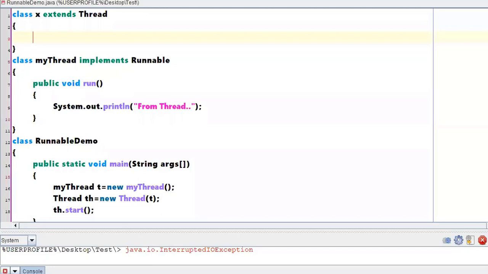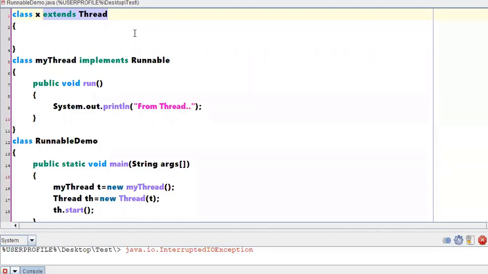Right. So till now, no confusions. Now, if my requirement is slightly different, in the sense I don't want this class X to extend the Thread class, because if I remove this extends Thread, it is a normal class. I might have a requirement such that my normal class should extend some parent class.